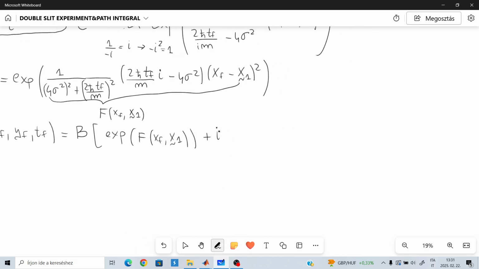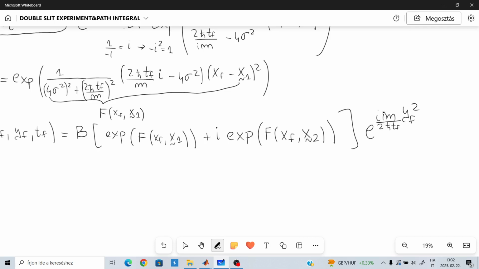I have I, and then I have the same exponential of the same F, but instead of computing F at xf and x1 tilde, I have to compute F at xf and x2 tilde. Multiplied by, remember, we also have a factor that depends on yf, e to the I m divided by 2h bar tf